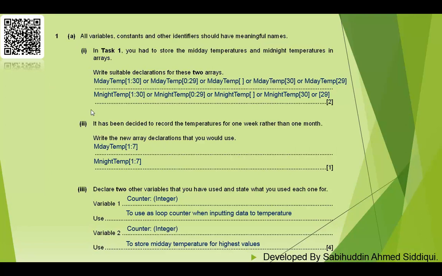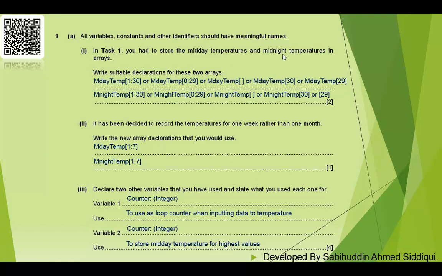Or you can declare it as MDayTemp[0:29], or MDayTemp with an empty square box, or MDayTemp[30] directly, or MDayTemp[29]. Here 29 means 0 to 29, which equals 30. Here 30 means you have simply said that you have 30